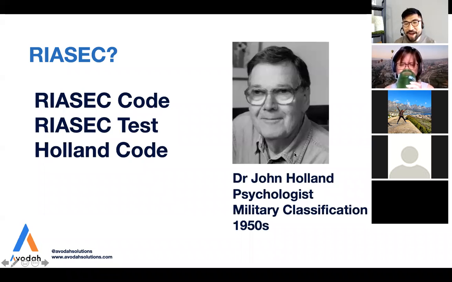This gentleman, in this gray old looking photo, is Dr. John Holland, right? In the 1950s, Dr. John Holland, who's a psychologist, developed a classification method to try to organize and classify people and what they do. He came out with this research theory about how people can fit with their jobs because of their preferences and what they like to do. When he came out with this theory, he called it the RIASEC theory. Some people also call it the Holland Code because it's named after his surname, right? John Holland, Holland Code. That's the reason why we classified it that way.